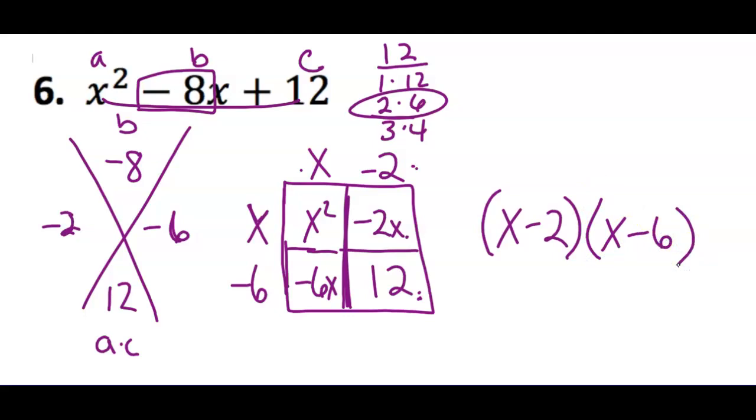I factored this because I took out my greatest common factor going up and down, going across, and going up and down. And everything works out to multiply the outside together to get the inside. Okay? I start with the stuff inside and then I take out that greatest common factor. All right. I would like to do number 7, and then you are going to try 8 and 9 on your own. So last example,